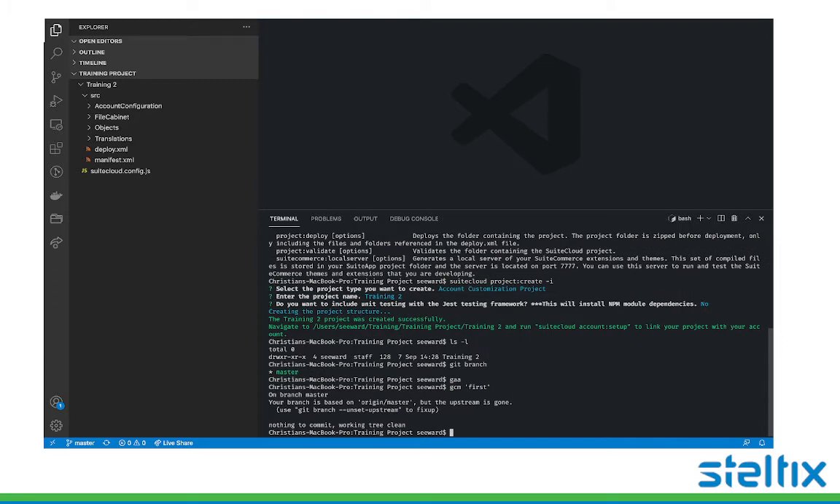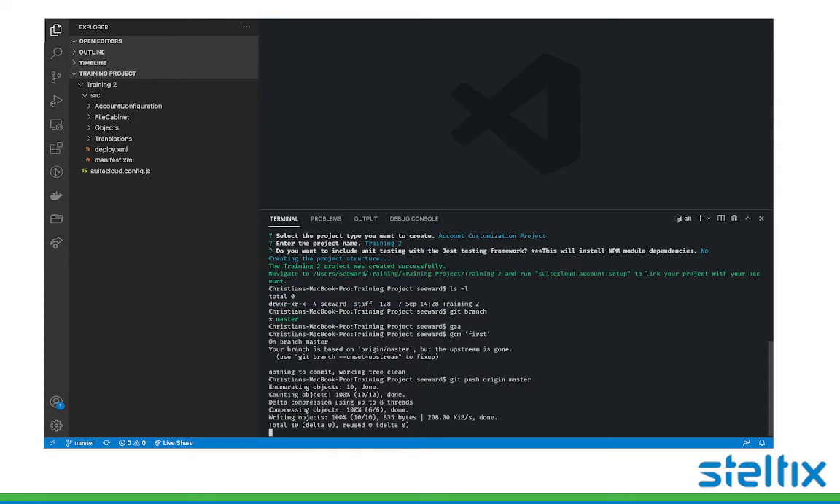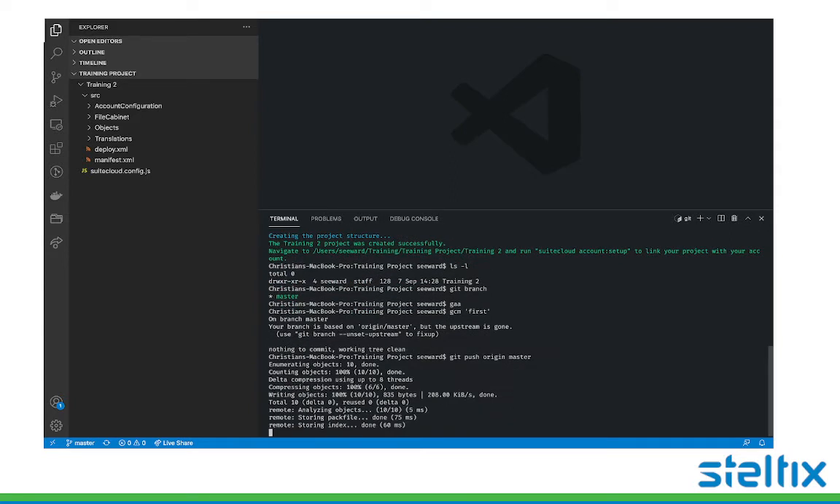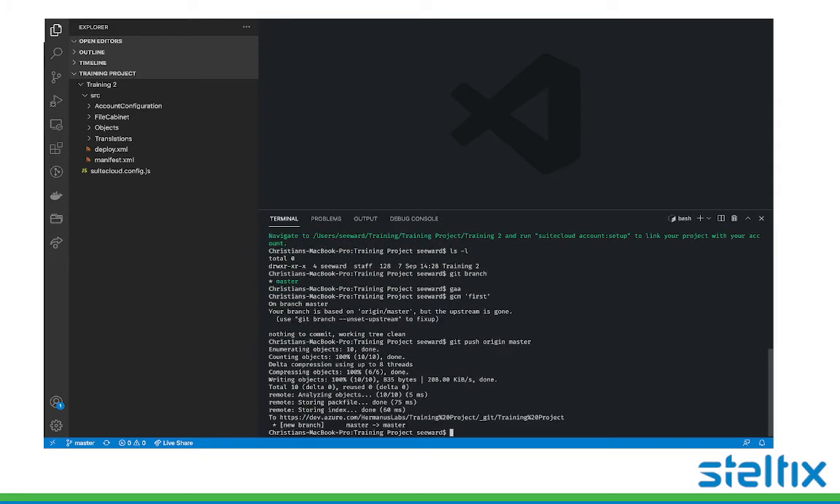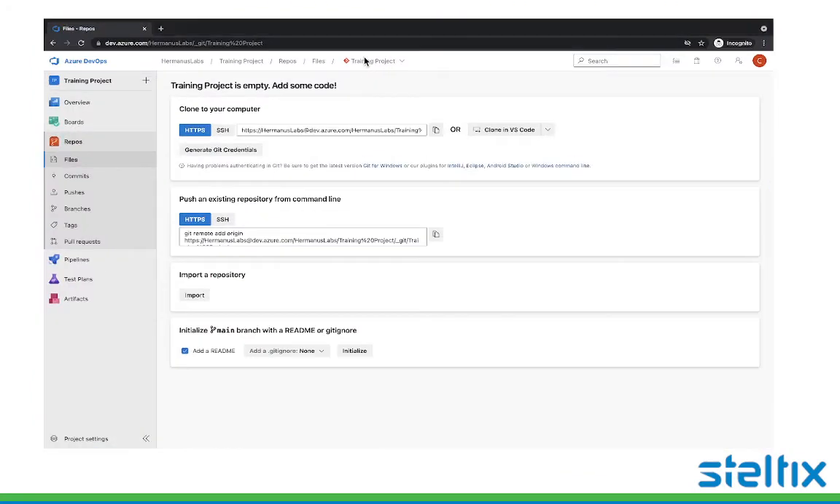I'm just going to try it from the command line. Nothing to commit. It was just because my original reference wasn't set up yet. So if I come back out here and refresh this,